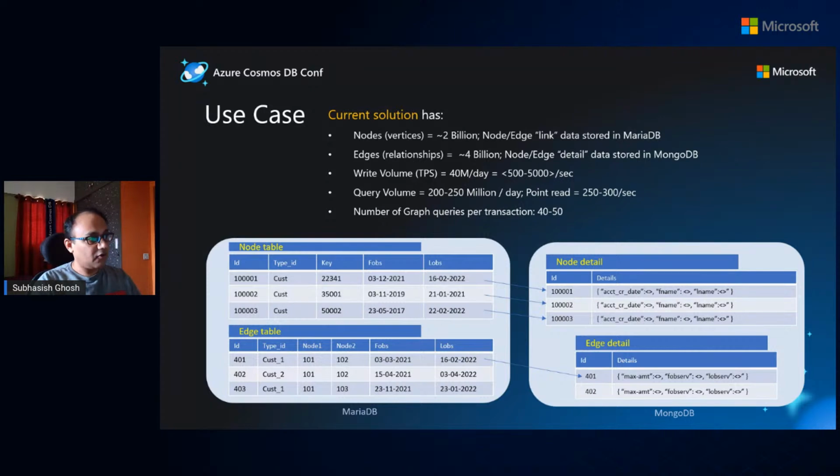And just for folks who are interested in total DB sizes, we are talking about 6 billion database objects here, 2 plus 4. The 2 billion nodes were around 0.5 KB each. That's like 1 followed by 9 zeros, so around 1 TB. And the edges being 1 KB per edge object, that's around 4 or 5 TB. So give or take 4.5 or 5 TB of data you're talking about.